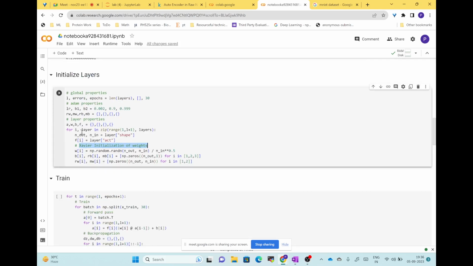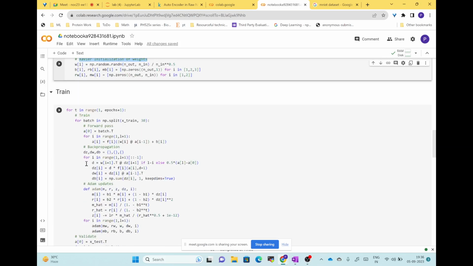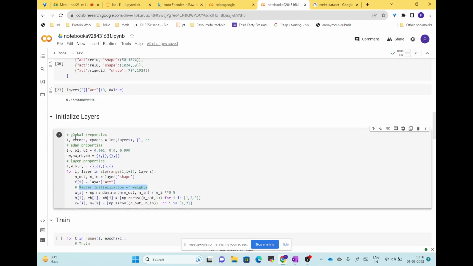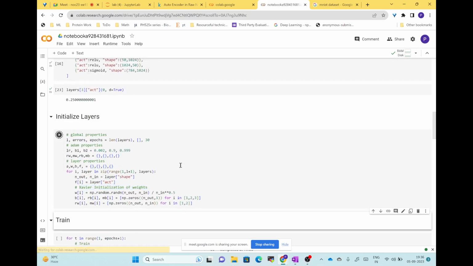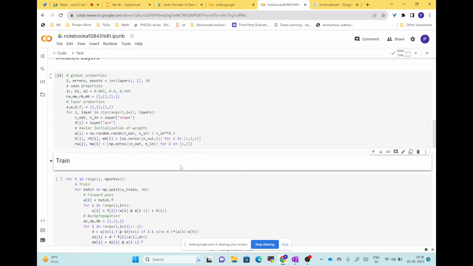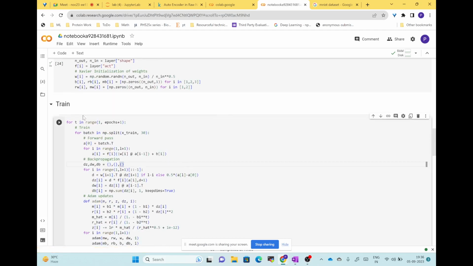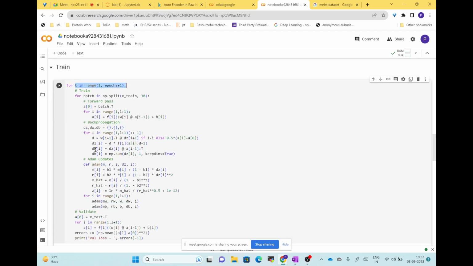So what they have done is, for each I comma layer, I is the index of the layer, for each layer they have initialized the weight using this method of Xavier. Then maybe I can just run this. Then for t in range 1 to epochs plus 1, that is for each epoch, what needs to be done